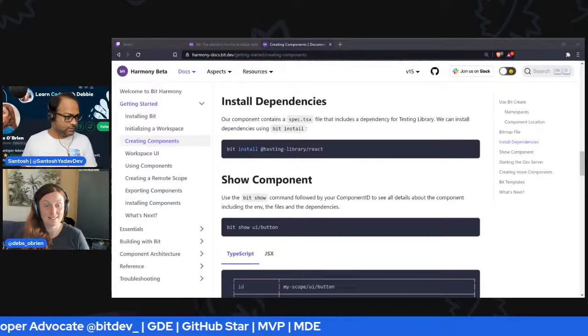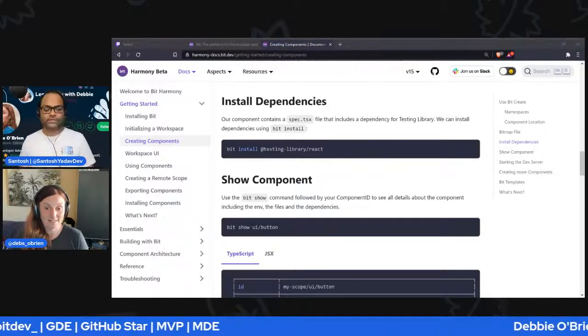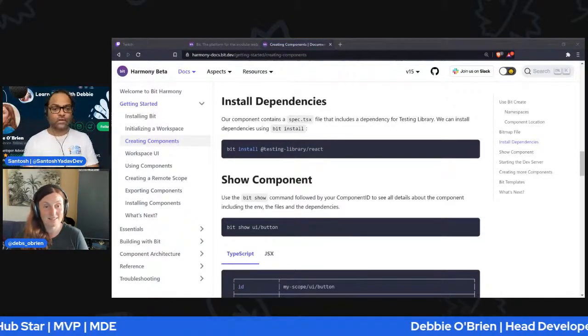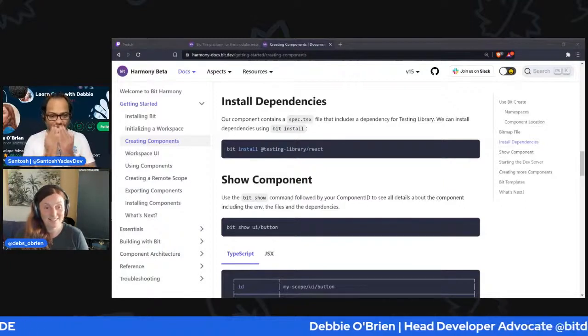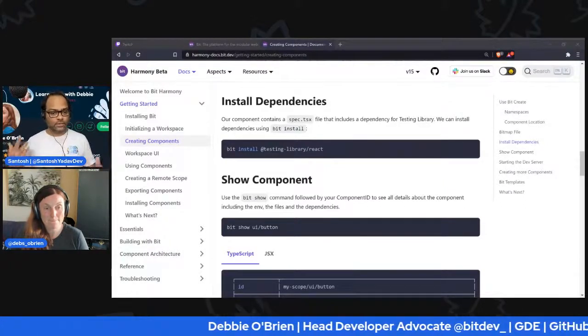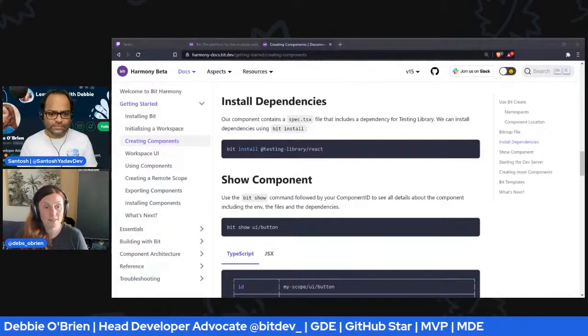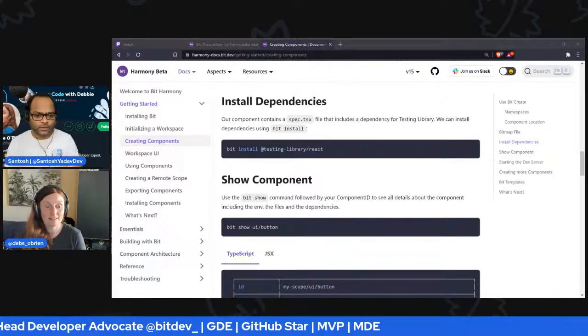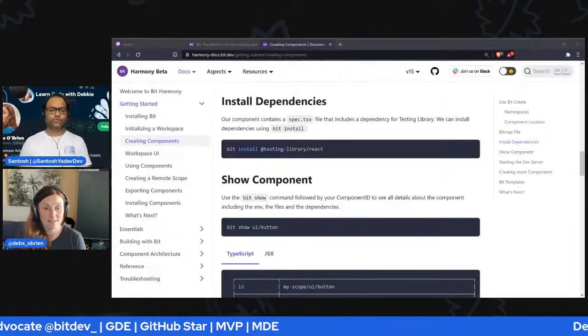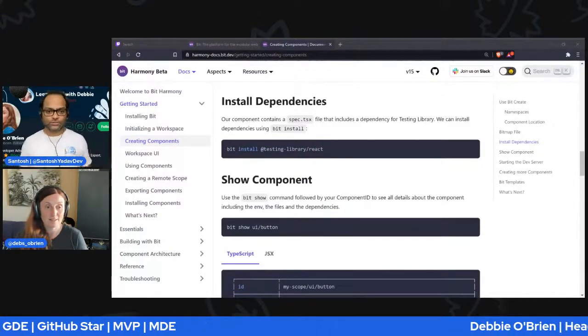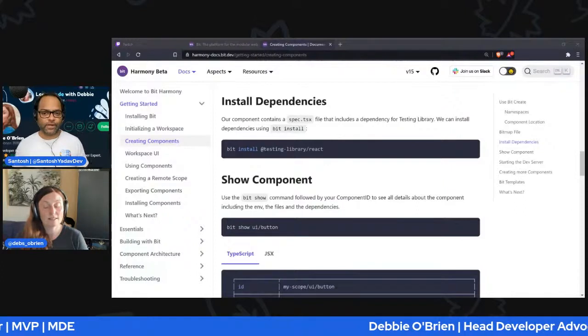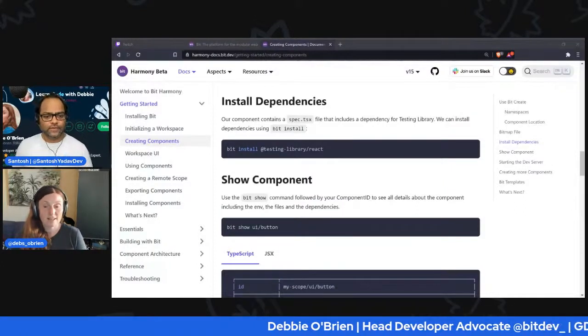Okay, that's about testing. So next question is, of course, framework support. We already spoke a little bit about it. Angular is coming and Vue is coming. So next question is something related to enterprises, right? This is open source, but of course there might be a different plan for enterprises. Is it? Yeah.